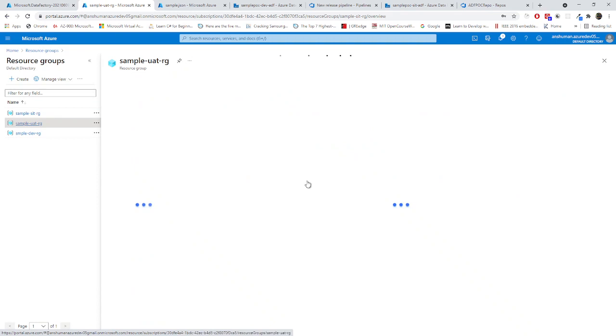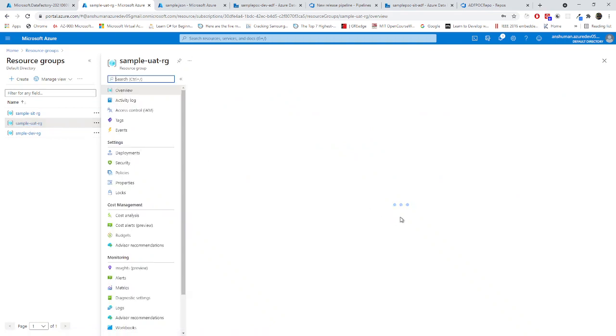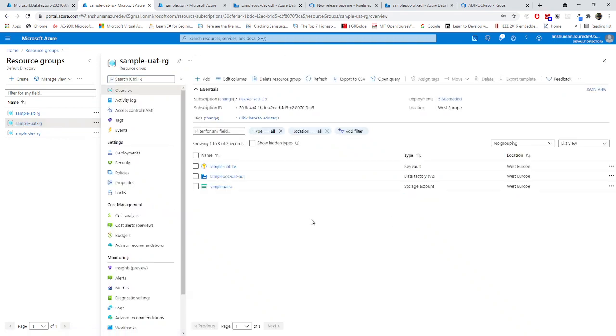If you want me to show these things as well, I will show you. You should see all these things, right? Now these two, SIT and UAT, have not been synchronized with Git. They only have a live environment. They don't have any Git environment right now, because we have already done the Git setup in the DevOps part, in the ADF part, right? In the dev environment, we just need to push everything to the SIT and UAT environments. We don't need to create any Git environment for those.